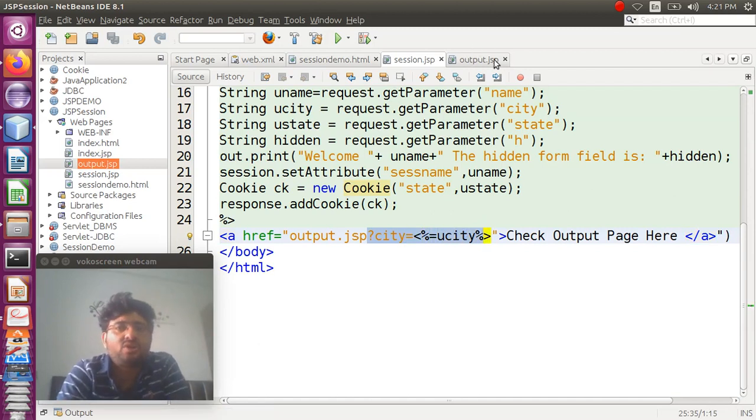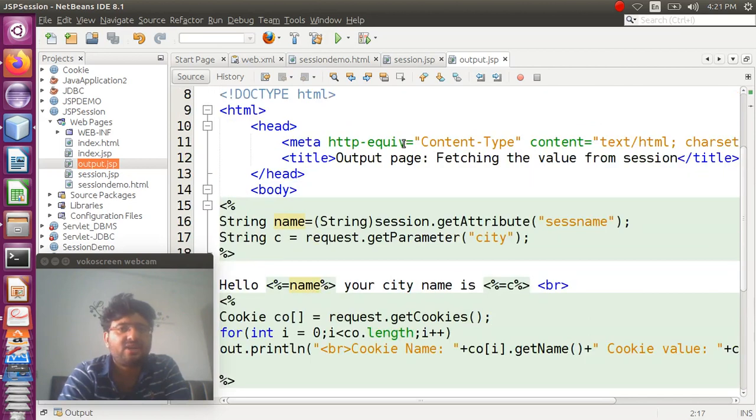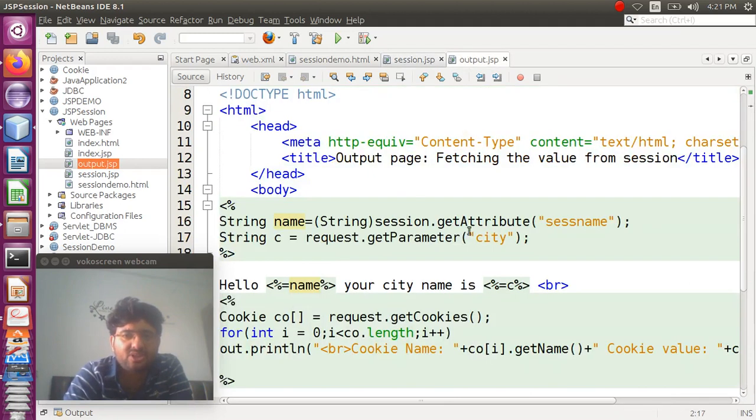In the output.jsp I am simply extracting whatever things are being passed by the session.jsp. So name, we know that name is passed as a session object. So session.getAttribute. While setting the attribute we call session.setAttribute, and for reading the attribute we use getAttribute.